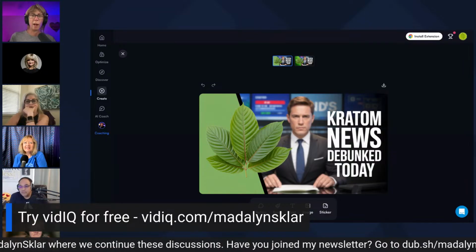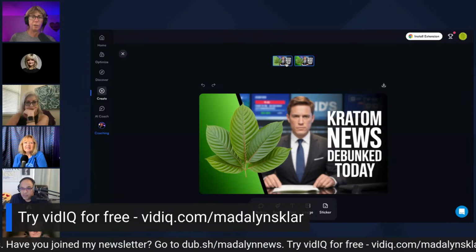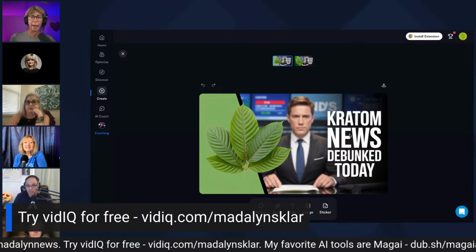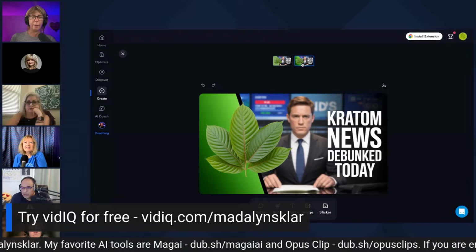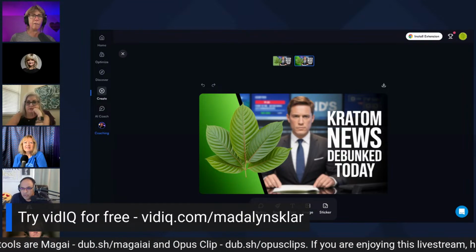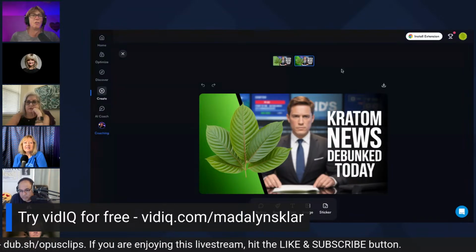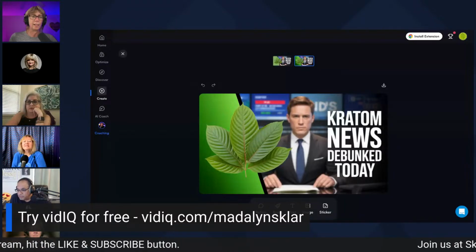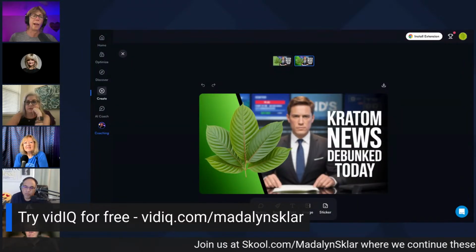When I was playing around with this image, after a lot of tweaking, I had to get it to refine because on the left the background was terrible. The background blends in with the leaves, and then it said Kratom News debunked today. Well, I don't want today. So in playing around with it, at least I got a gradient green on the left by telling it that's what I wanted, and trying to get those leaves to pop a little better, but it still wasn't just right. I feel like I was still really struggling with this and not getting it to exactly where I wanted to go. So that's when, as I was saying before, I had a chat with ChatGPT